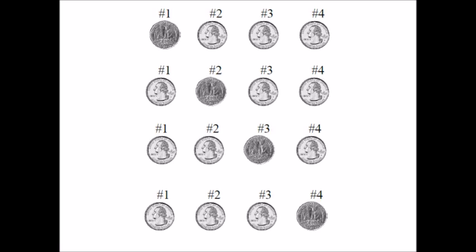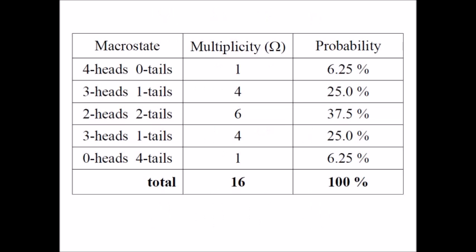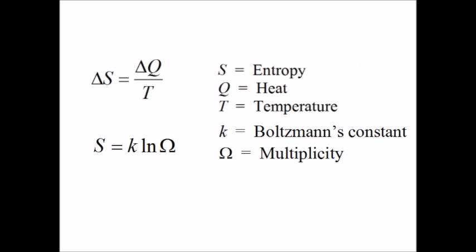That's multiplicity. The number of arrangements, or microstates, per macrostate. Having 1 tail, that's the macrostate. These are the 4 microstates. There are 5 possible macrostates, from 4 heads to 0 heads. And all the different microstates are equally probable. That's the answer to our question. You have a 25% chance of flipping 1 tail if you throw all those coins together. 2 heads and 2 tails. That macrostate is the most likely. So that's multiplicity, omega, the number of microstates for a macrostate.